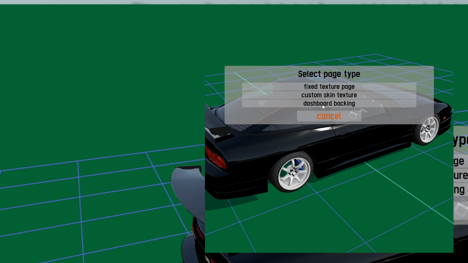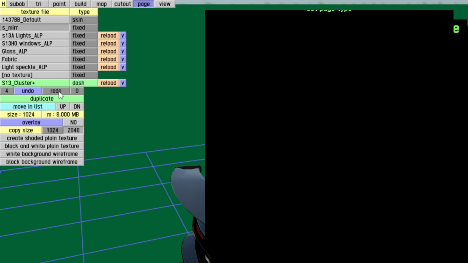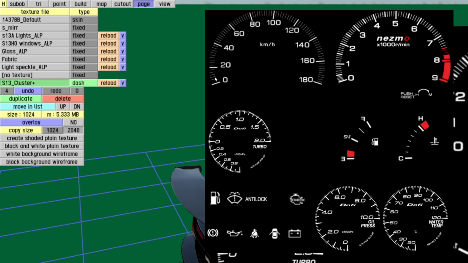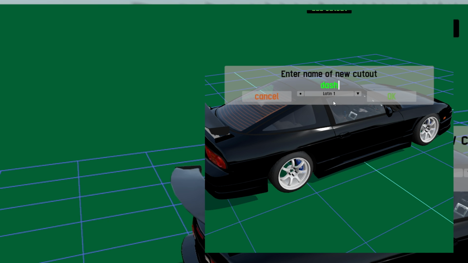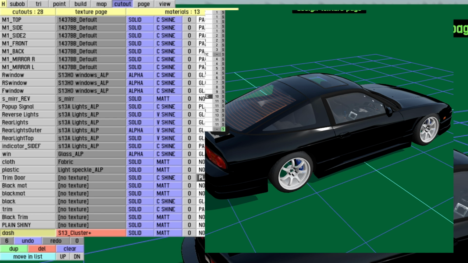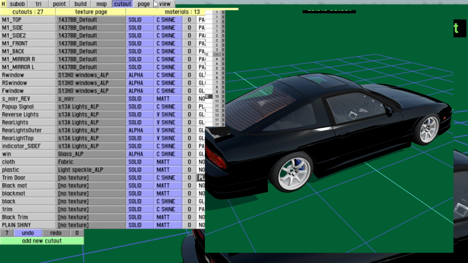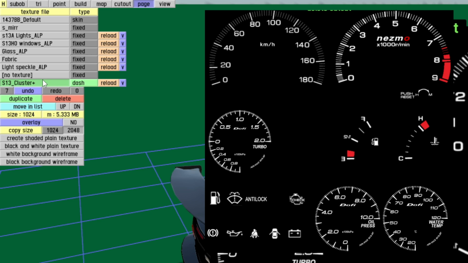But if you go in here now, there's dashboard backing. If you click that, it turns green. And so it's set that page type to be for the dash. You might be able to actually use it, let me just make sure. So you can. So this can still be used in your model for your main, but really this is for external. This is for outside. Because what you do there is when you set it to dash and you go back